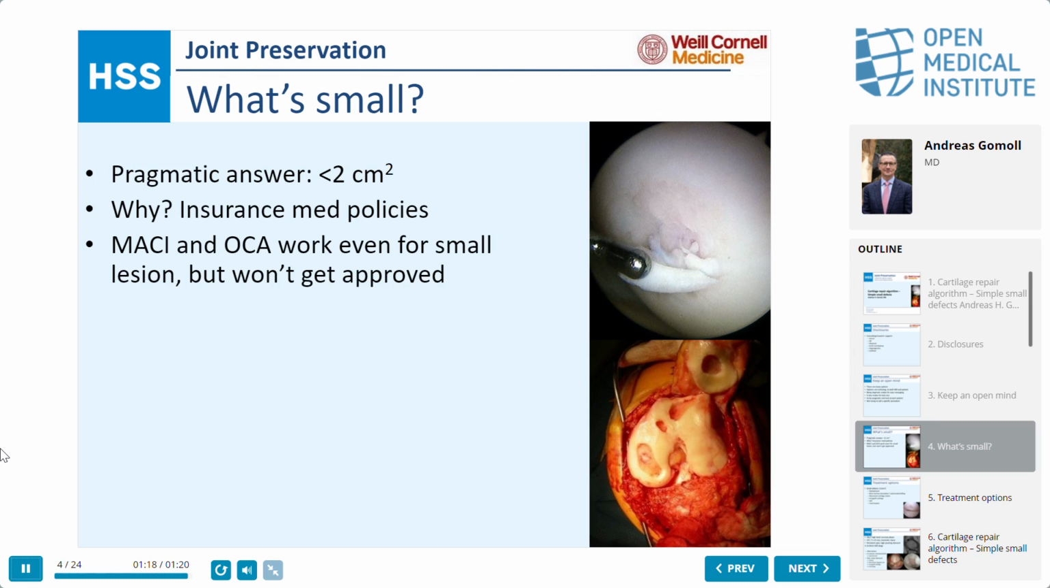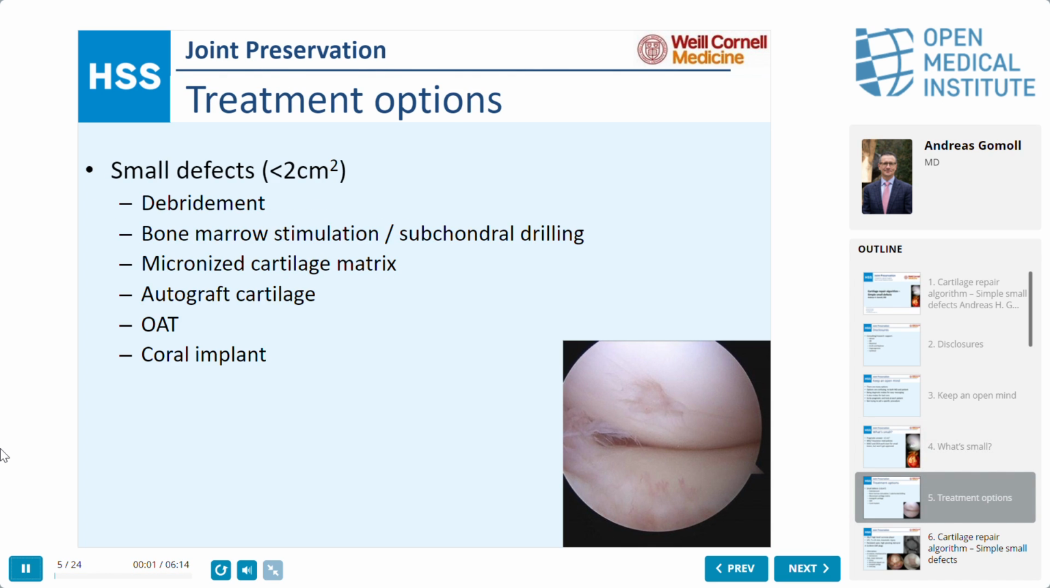So that is a useful definition. So what can you do for these small defects? Debridement is the easiest thing. Chondroplasty, we've had that forever. You stick a shaver in and you make a cartilage defect, which in the US, trying to relate to my